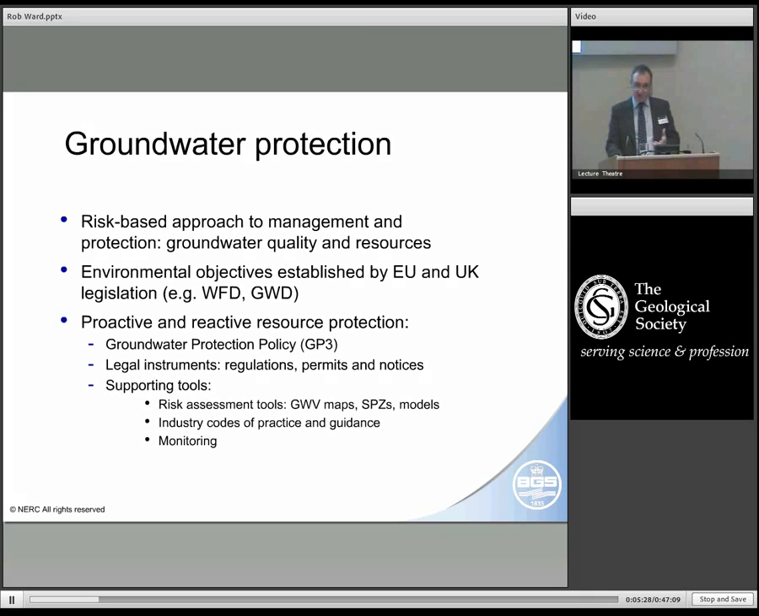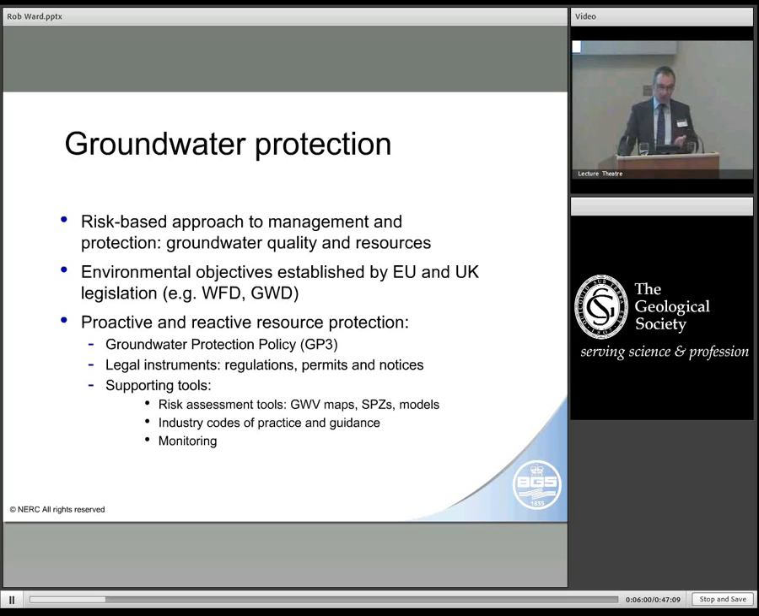We apply a risk-based approach to groundwater, and that takes into account the range of activities which put pressures on groundwater. And we also have European obligations as well as UK obligations in terms of protecting groundwater, and there are some very clearly defined environmental objectives associated with that. I guess Tony will talk about the Water Framework Directive and Groundwater Directives, which are particularly pertinent to groundwater. And those objectives relate to preventing and limiting inputs of pollutants, ensuring we achieve good status,